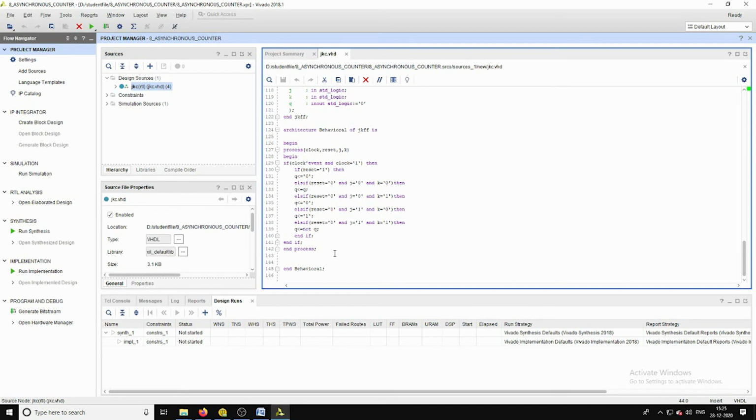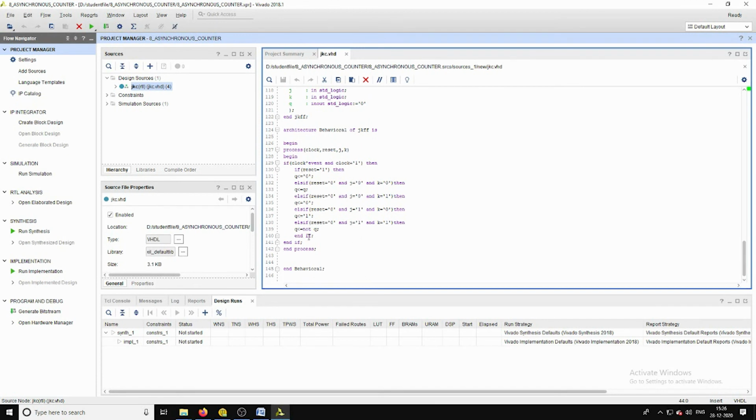And here we know the logic for the JK flip-flop. Whenever the reset is equal to 1, we assign the output as 0. Whenever the reset equal to 0, based on the inputs 0 0, the output is the same state. For 0 1, the output goes to 0. For 1 0, the output moves to 1.